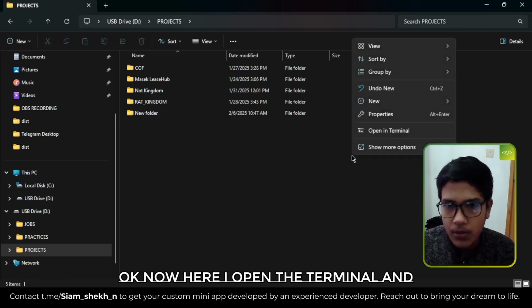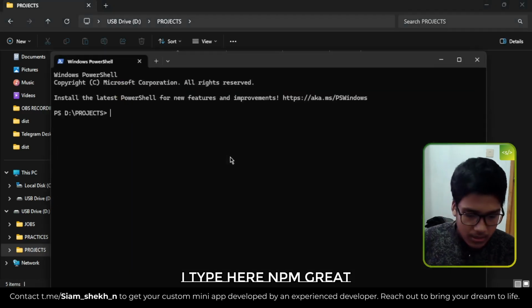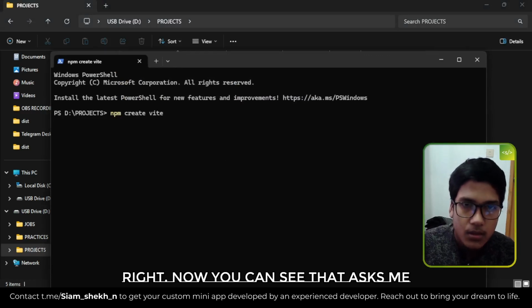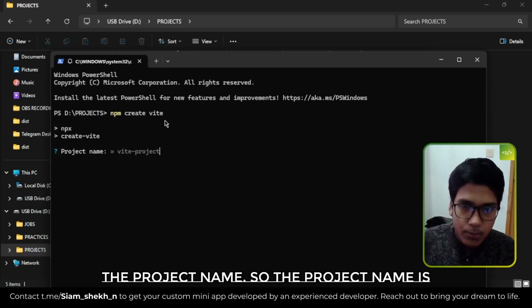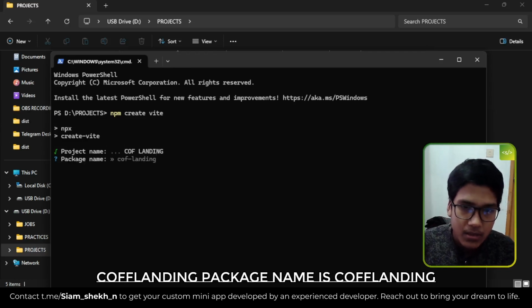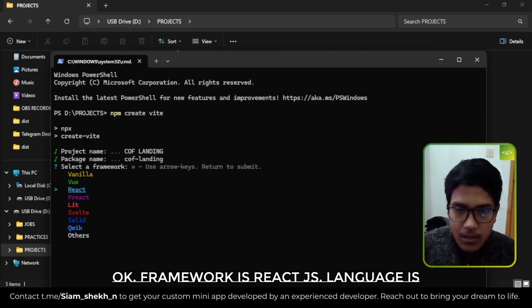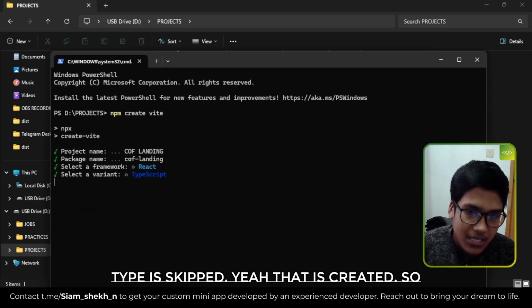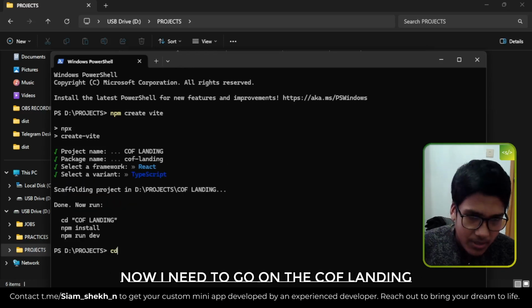Okay, now here I open the terminal and I type npm create vite. Now you can see that it asks me the project name. So the project name is Cough Landing, package name is Cough Landing. Okay, framework is React.js, language is TypeScript. Yeah, that is created. So now I need to go into the Cough Landing,